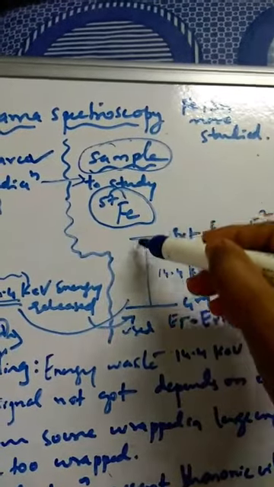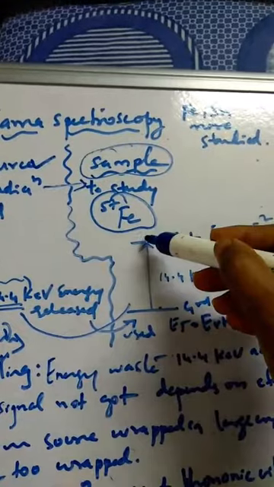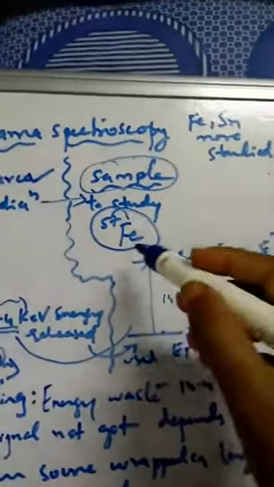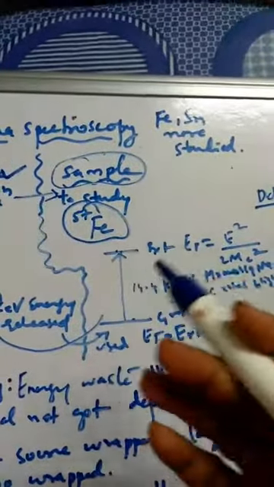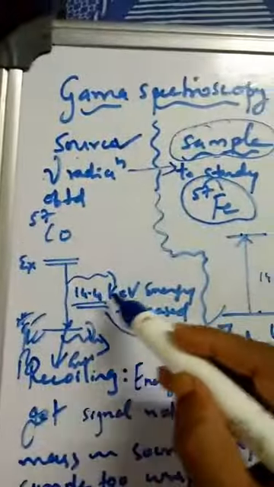Now the sample is excited from the ground state to the excited state, and the emission is recorded. In yesterday's video we learned about the recoil energy, and we stopped at the recoil energy. So what is this recoil energy? Whatever energy is released here, 14.4 kilo electron volt,